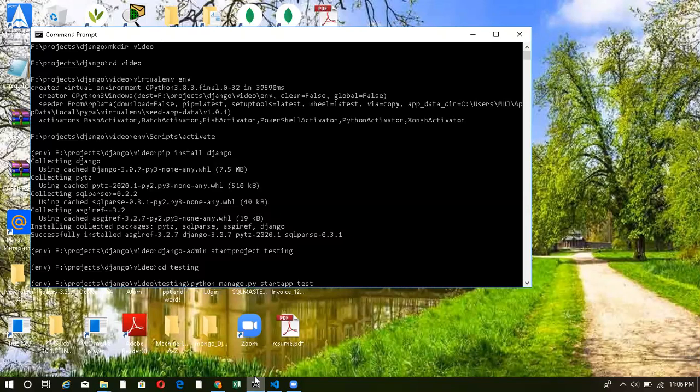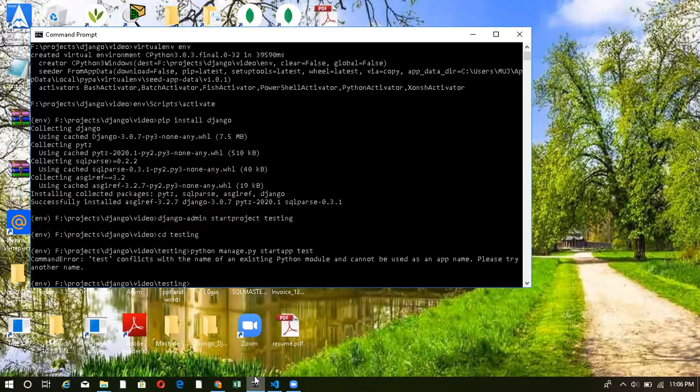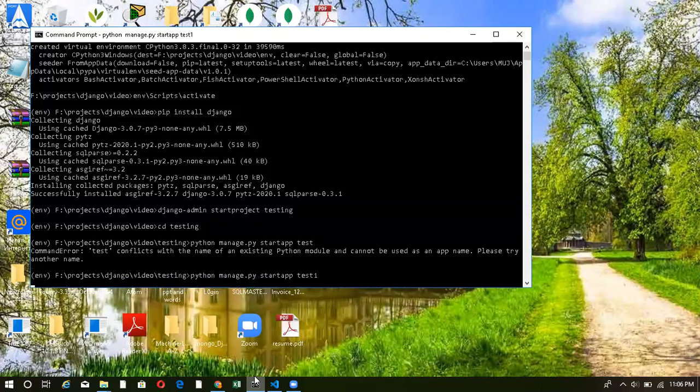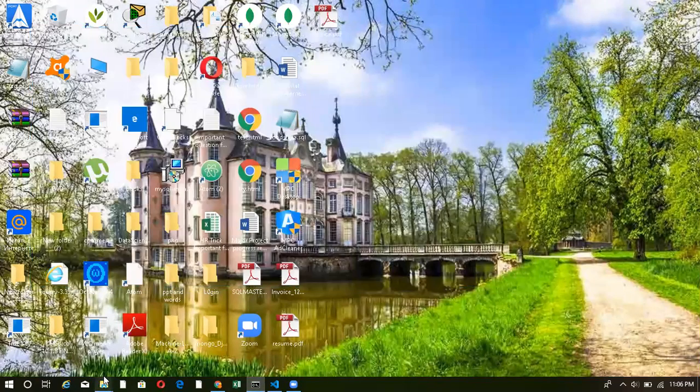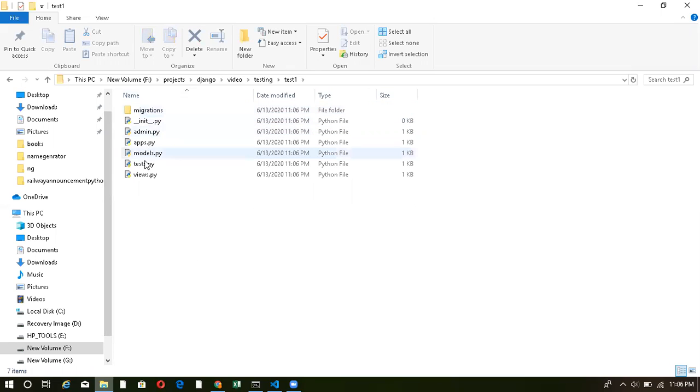So I can just name it test1. Okay, so you can see that inside my testing folder, in the root directory, this is the root directory. Basically, this entire link is my root directory. Inside my root directory, I have another folder being created, and that's test1. Now, if I move inside that folder, you can see that there are many files being created on their own.